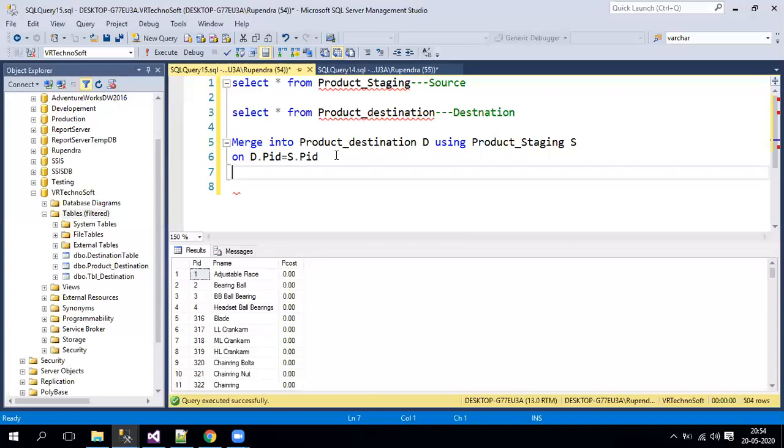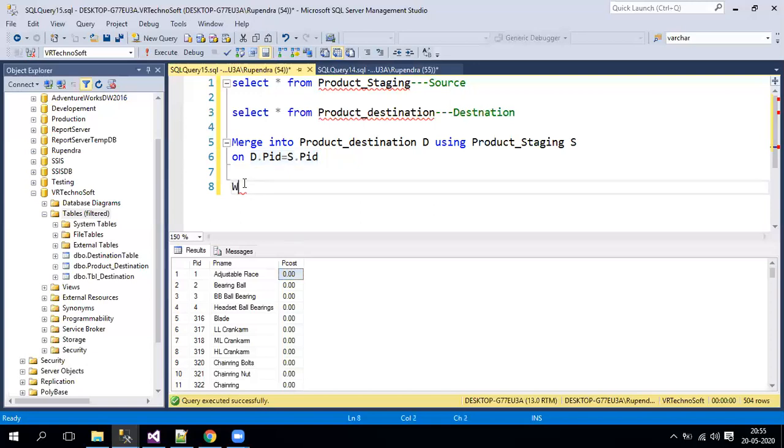Now, there are conditions like matched and unmatched. So if it is matched, which means the record between the source and destination is exactly matched, generally it will be a duplicate record. And the client is saying that if it is exactly matched, which means there is a change in the product cost. Now what I need to do is, whatever the new cost he has given, we need to go and just update it. So that is what exactly we need to do.